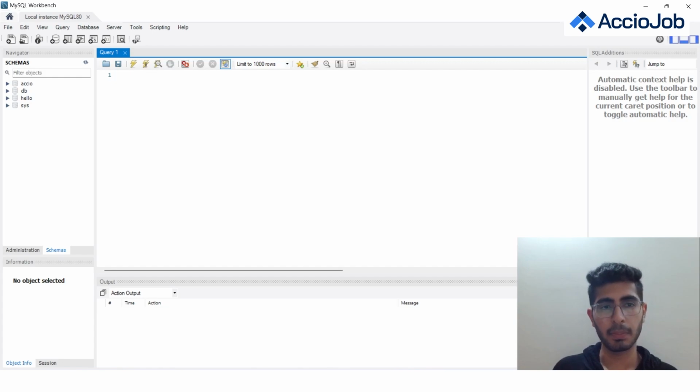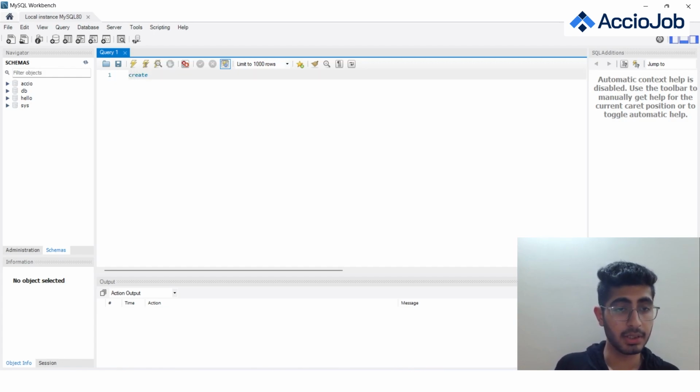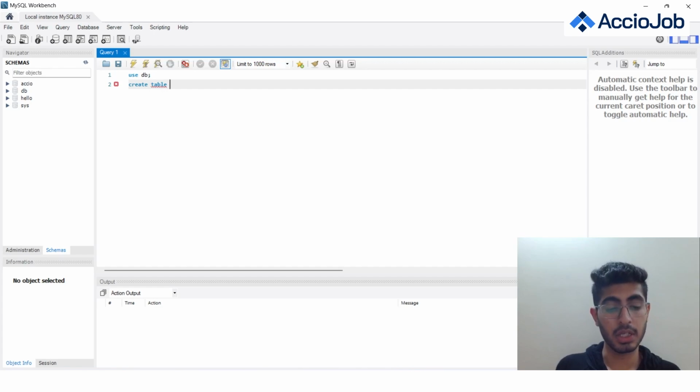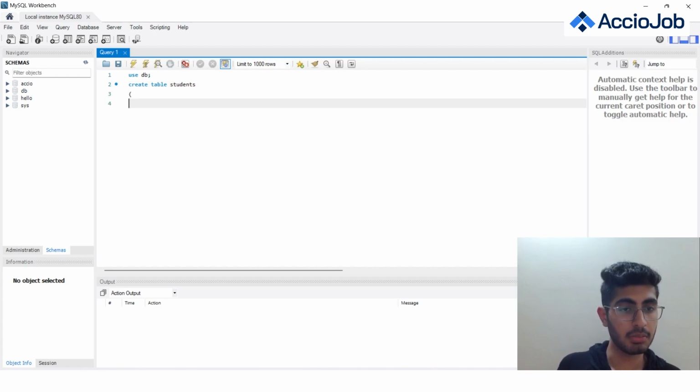First of all, for primary key, let's create the table. Before that, we need to write the database which we want to use. Use DB, create table, and then what should be the name of the table? We'll keep it students only. So create table students,